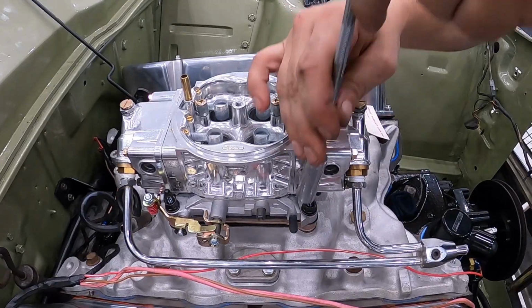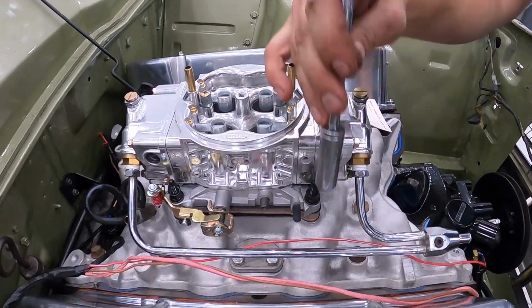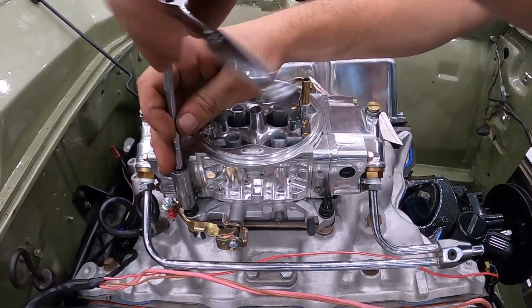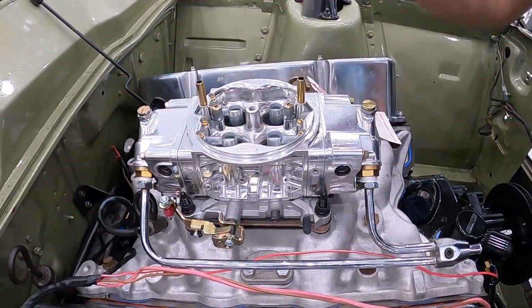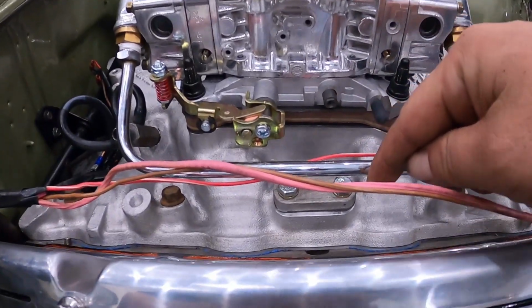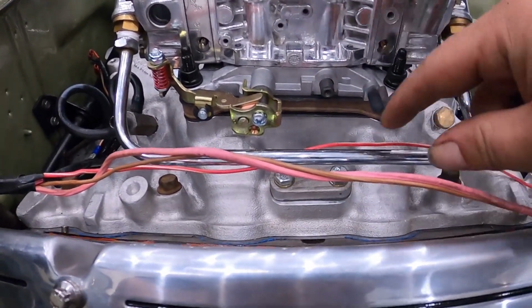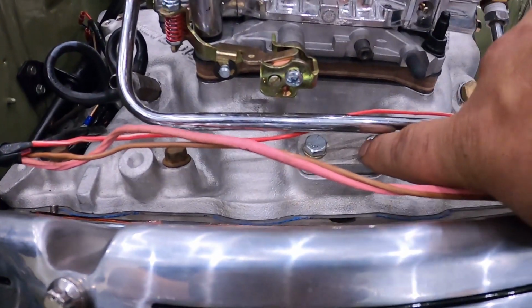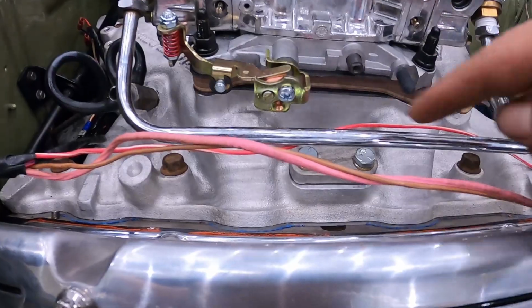I cycle around, guys, and I just nip it down about 3 or 4 times a bit further, and it just gets absolutely true. Keeping in mind, guys, they're brand new gaskets. It's the first crush. Another reason we use the spacer plate, guys, if you were to put the Carby straight on the Edelbrock Performer, the fuel rail will actually hit these 2 little bolts here, even these chrome ones, and